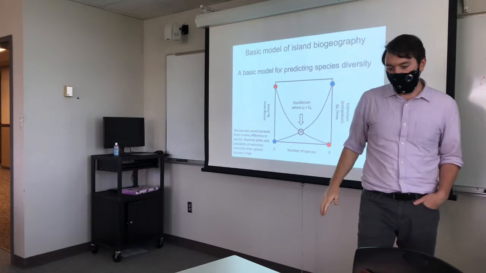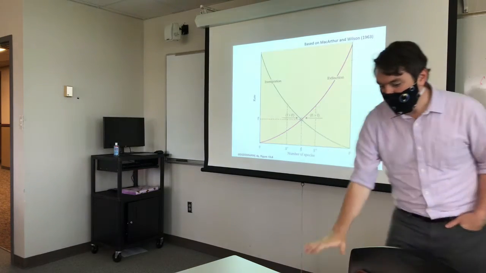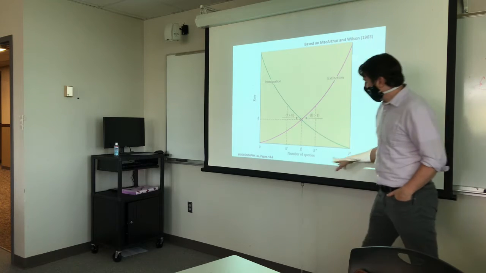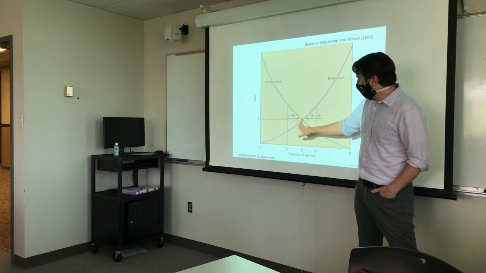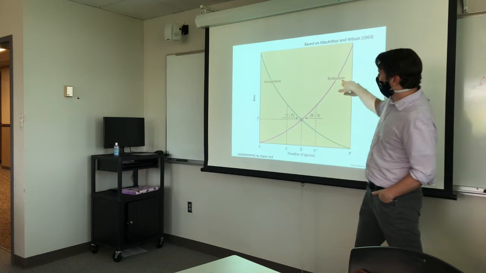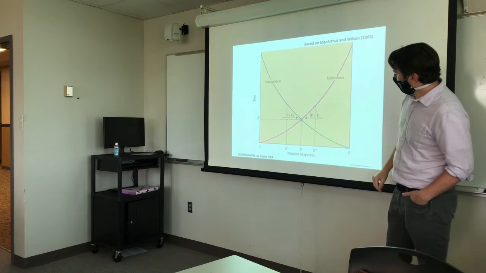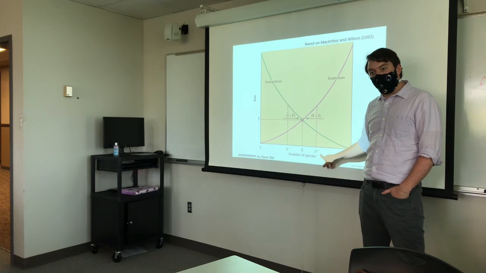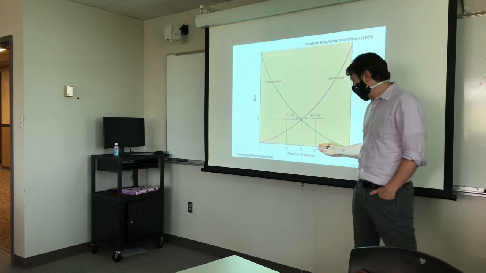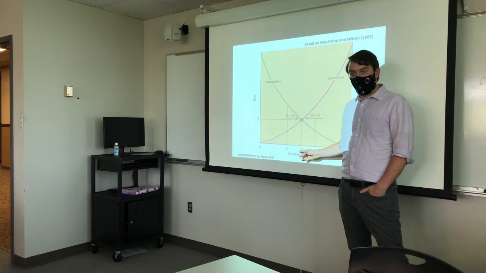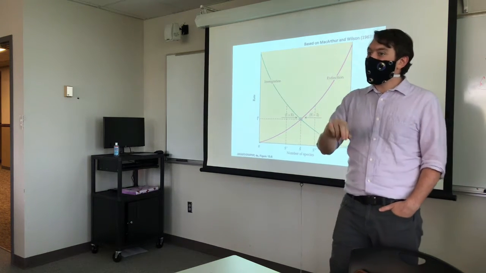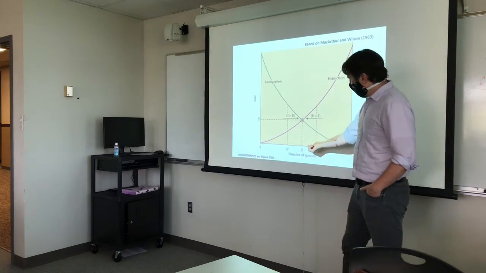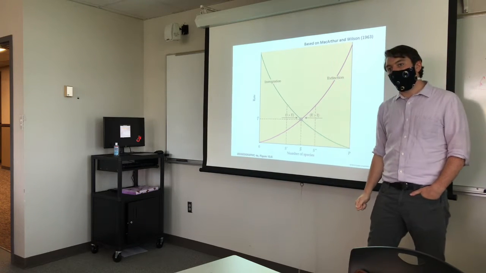So here's that figure that we often see. Notice, once again, it goes from 0 to P. There's some equilibrium, S. There's an extinction rate and an immigration rate. And if the species richness on the island is out here, then we expect over time the system to return to this equilibrium. Return to that equilibrium doesn't mean it's the same species, just the same number of species after some time goes by. And if there's some event that removes species from the island, we might expect that they will eventually return to that equilibrium.